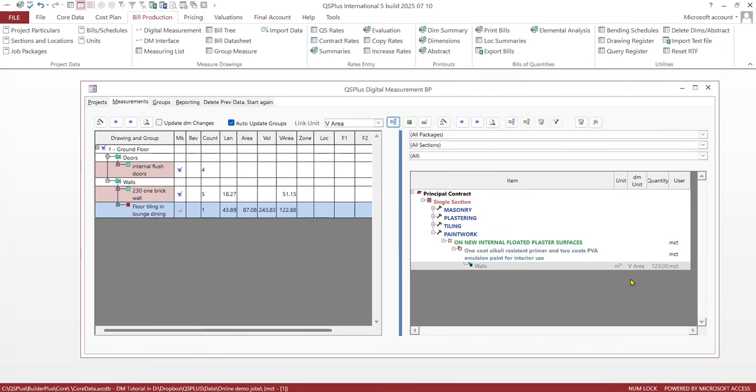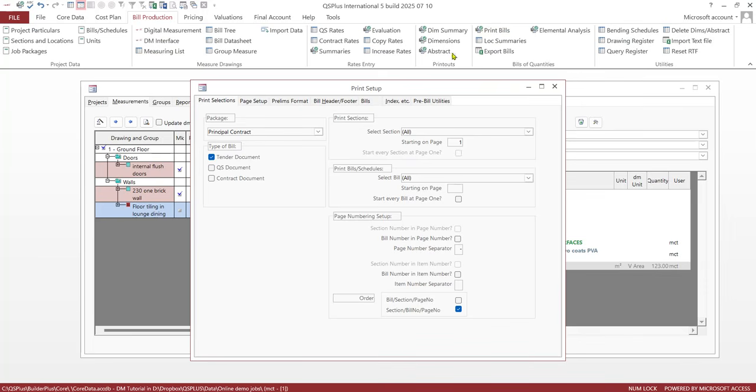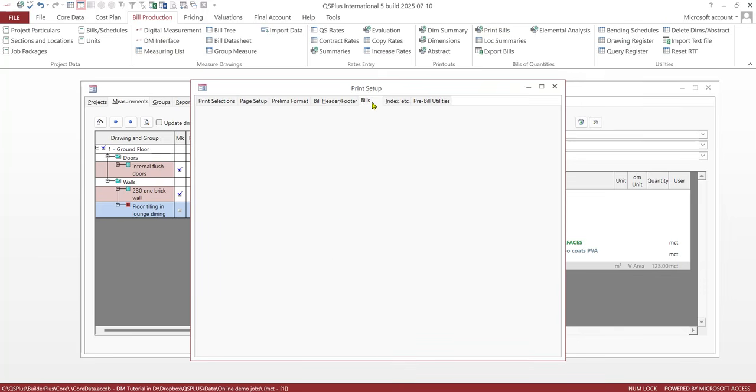So that basically is how you will measure using Qsplus Digital Measurement. There are other aspects of it which I will get to in a later tutorial, as I said, and you will now notice that you can go to the bill, tender document,